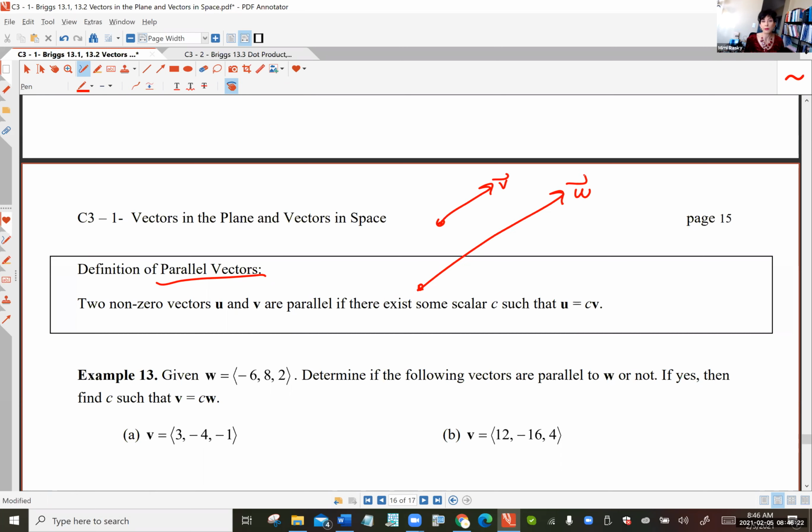It's clear that they're parallel, right? They don't intersect. Fine. But here's another vector pointing in the opposite direction of V and W. And I claim that all three of those vectors are parallel to each other. So the point is the vectors can be parallel whether they're pointing in the same direction or exactly the opposite direction. Now, I'm not going to have you drawing vectors all over the place